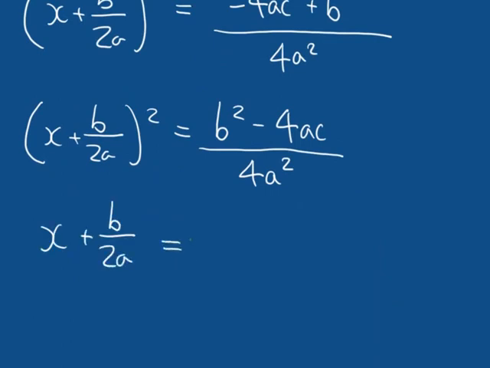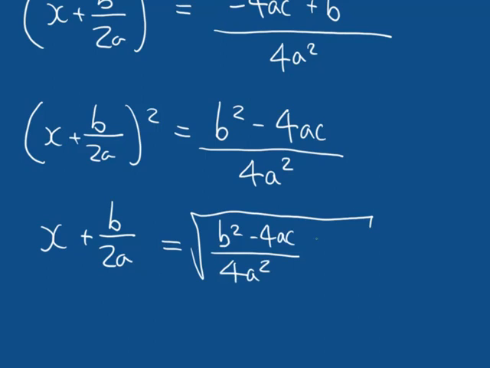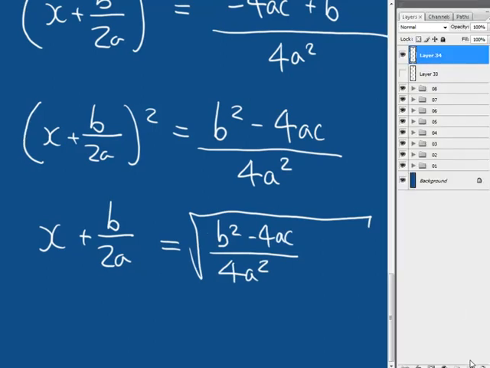That's going to be equal to the square root of b squared minus 4ac all over 4a squared. Now there's another theory that we can use here, though I am going to need a new sheet, so let me bring up a new layer. And let me just write that last step out again. So that last step was